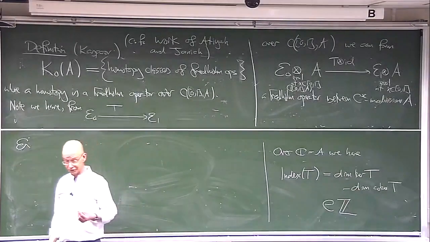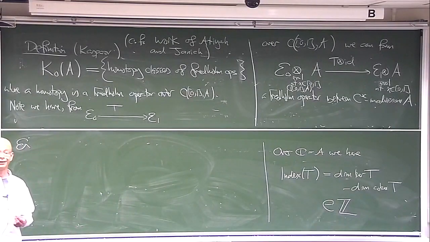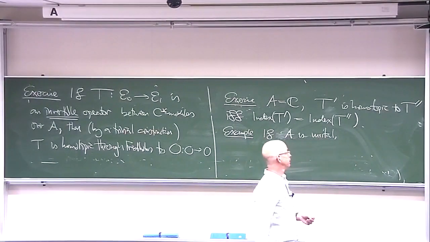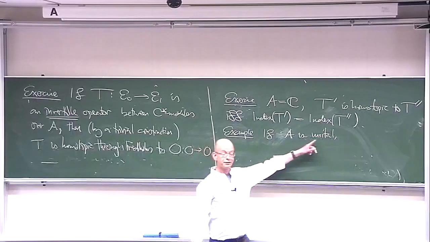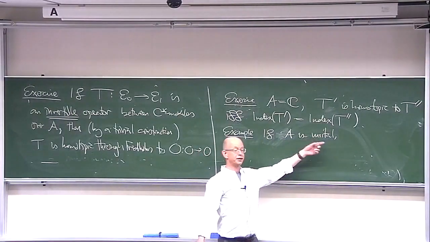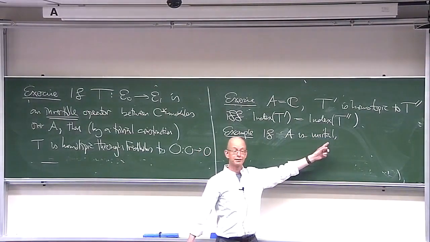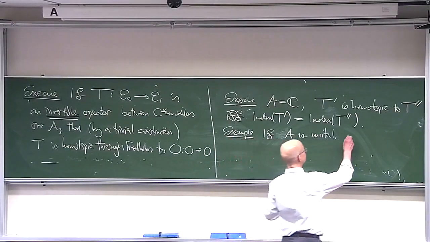But in our world of C-star algebras, C-star algebras do not necessarily have a multiplicative identity, a unit element. For example, the C-star algebra of a group, if the group is not discrete, does not have a unit element. When it does have a unit element, the C-star algebra is, say, unital. It means there's a multiplicative identity element. Anyway, if you have such a thing,